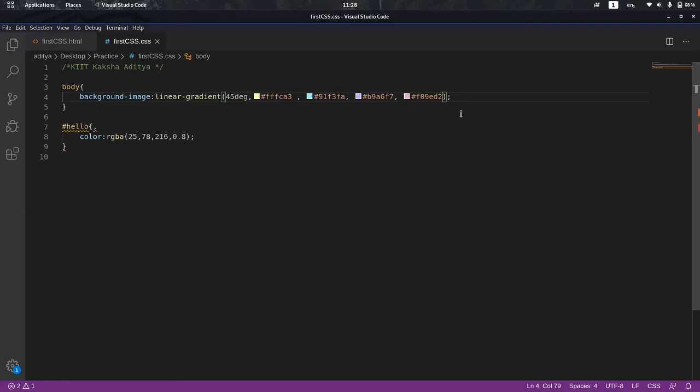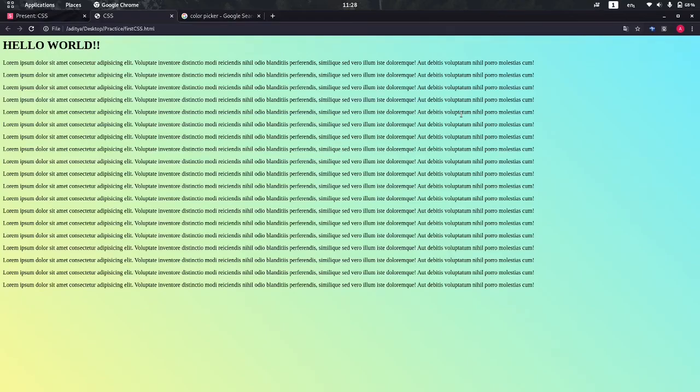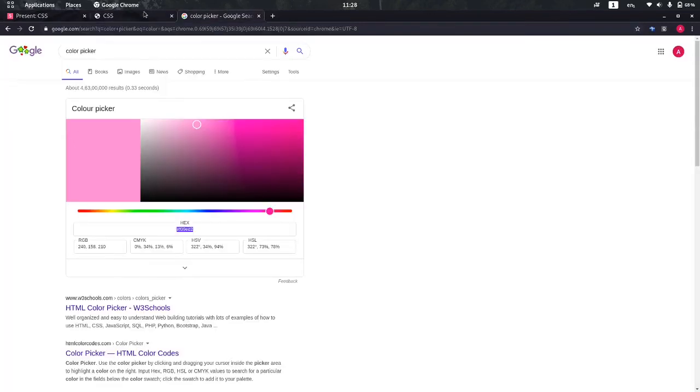Save this document, save the CSS file and just reload this page. You can see now over here along this line, along 45 degrees, you are seeing a transition from this color to this color, then this color. Along the line there are 4 colors. Okay, you can choose darker colors. I am using lighter colors here. You can choose darker colors to see the transitions more clearly.